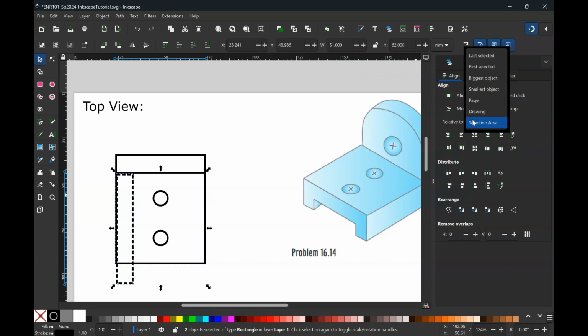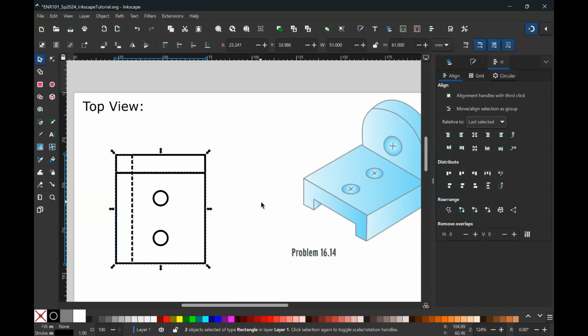We're going to align it to the last selected object, representing that these legs, as we've drawn them, go all the way back. Aligning those as well. So these dashed lines here show us that we have legs that are not visible, but